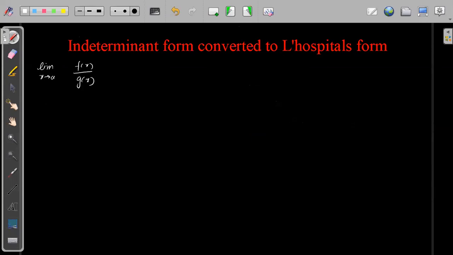We can use L'Hopital's rule when f of x is tending to 0, and g of x is also tending to 0 simultaneously, right? Then we will differentiate f of x and we will differentiate g of x, so f dash x upon g dash x. We will keep on differentiating till this form is removed from the indeterminate form,